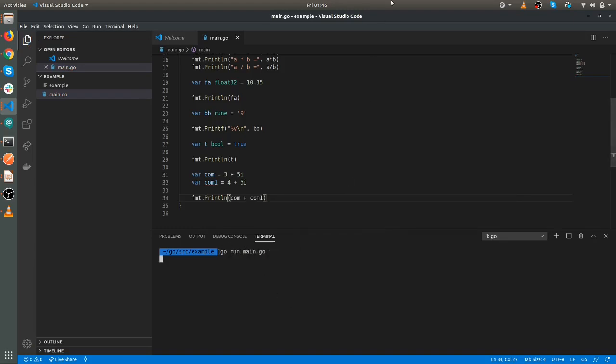So here you can see that it printed 7 plus 10i. The real number gets added to the real number and the imaginary number gets added to the imaginary number.